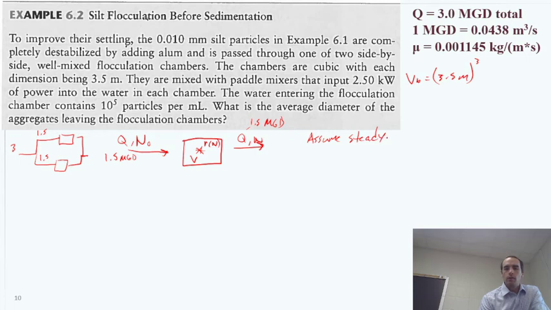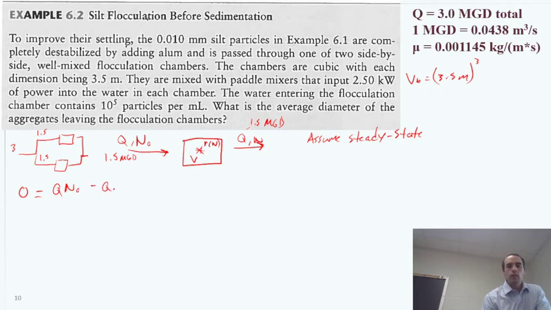There's not really a good reason that it shouldn't be. It's been operating this way. It's just, this is what it has. We're not accumulating particles in this reactor in terms of fewer or more than they were yesterday. So we're going to say 0 is equal to Q n naught